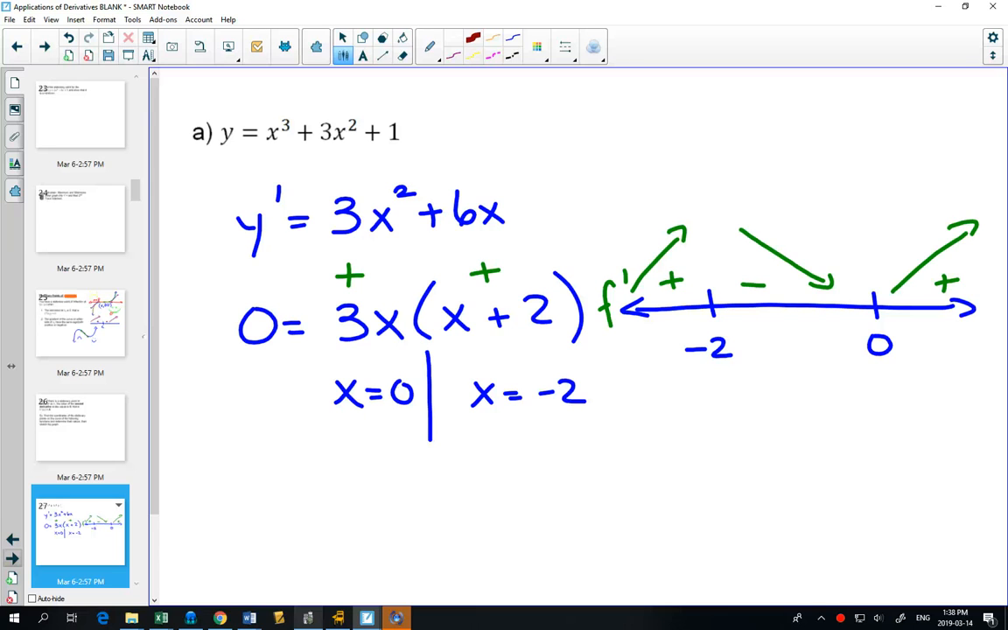So what's negative 2 going to be? Maximum, minimum, or stationary point of inflection? Maximum. What's 0 going to be? Minimum. Okay? So if I wanted to write my essay, I can say negative 2, comma, now I'd have to plug that back into my original equation. Negative 8 plus 12 is positive 4, plus 1. Negative 2, comma 5. Let's write a whole essay with actual words. Is a maximum